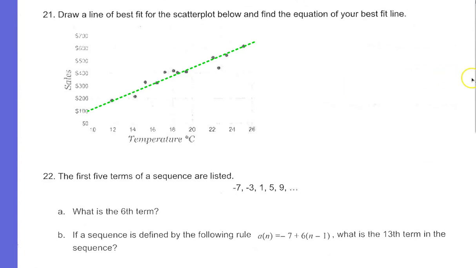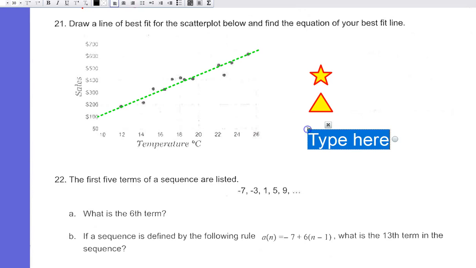Find the equation of your best fit line. Okay, so the equation of a best fit line. Here are the steps again. I need to know 2 things. Where does the line start? That's the y-intercept. How does the line change? That's the slope. And then once I have those 2 things, the equation of a straight line is y equals